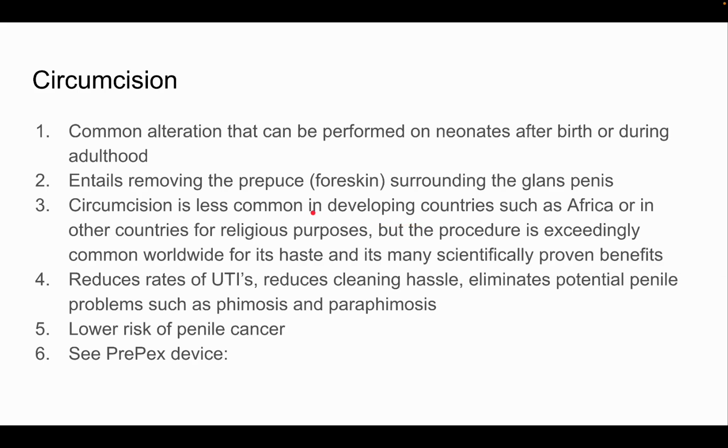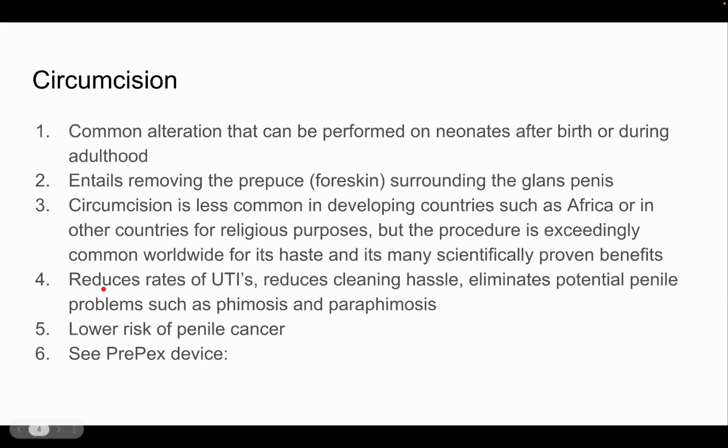Alright, now circumcision is a huge and very important topic to cover in male physiology. It's a common alteration of the prepuce that can be performed on neonates after birth or during adulthood. This entails removing the prepuce, or the foreskin, surrounding the glans penis. It's less common in developing countries such as in Africa because of cost or access. It can also be less common for religious purposes, but the procedure is exceedingly common worldwide for its scientifically proven